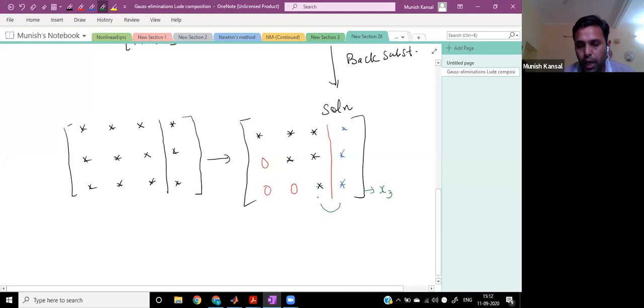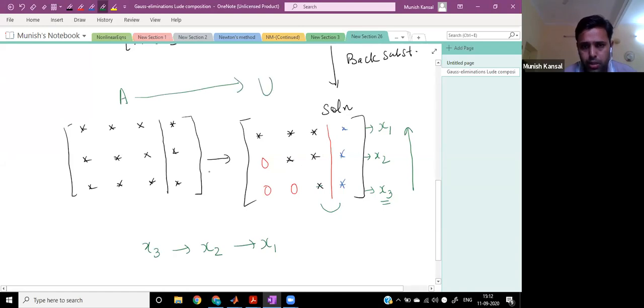You have found the value of x3, so from here you will get the value of x2. Now similarly you will go to the first row. You will just plug in the values of x2 and x3 in the first row, so you can find out the value of x1. So the procedure goes like this, that first of all you will find out x3, that is simple. Then you will find out x2, then you will find out x1, right? So this is the idea of back substitution. So how to go from this step to this step, this is important.